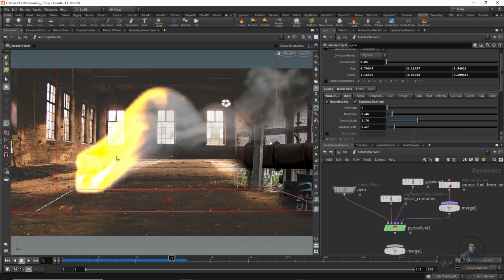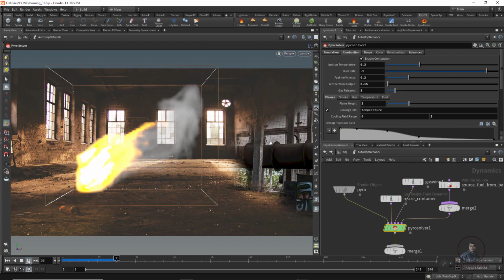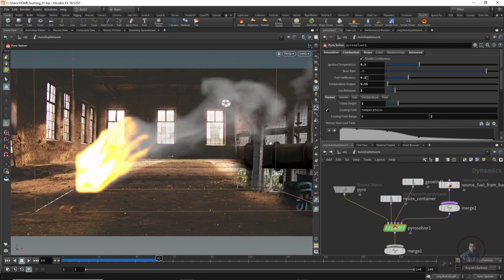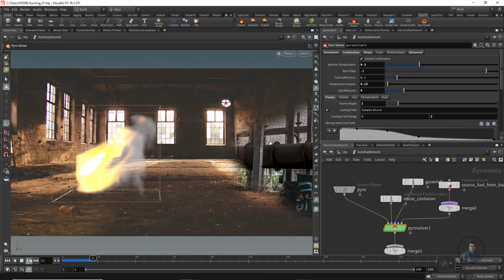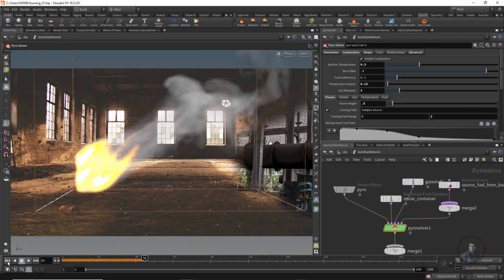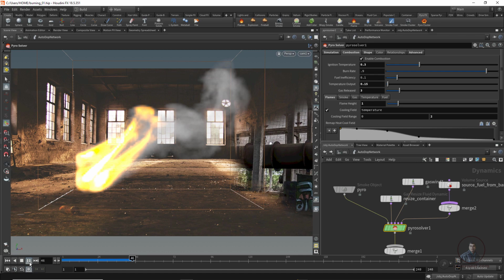So this fire we have to adjust a little bit here. So again select this pyro solver and you can adjust it, maybe flame height, maybe this value. I think this is looking good.